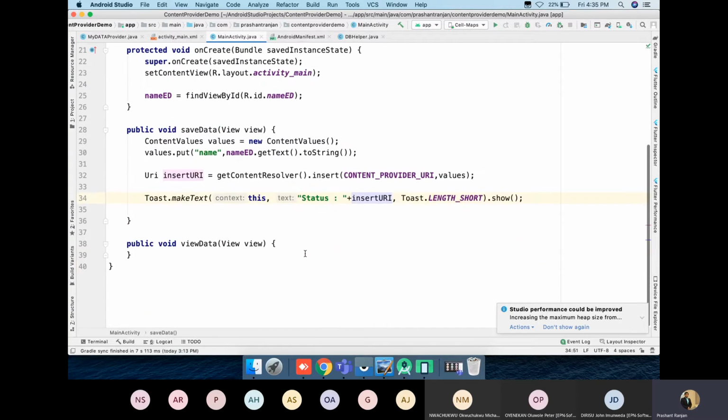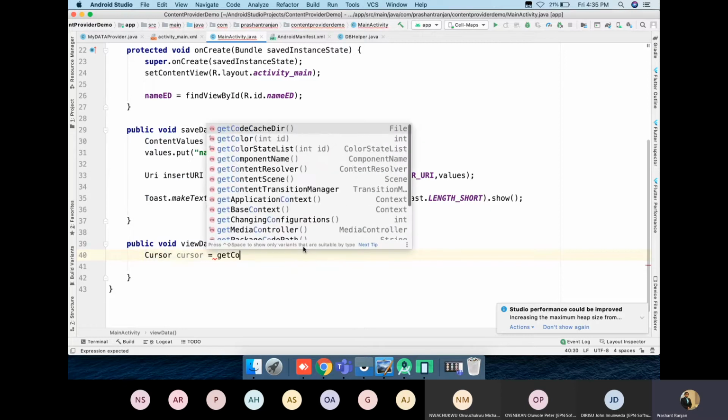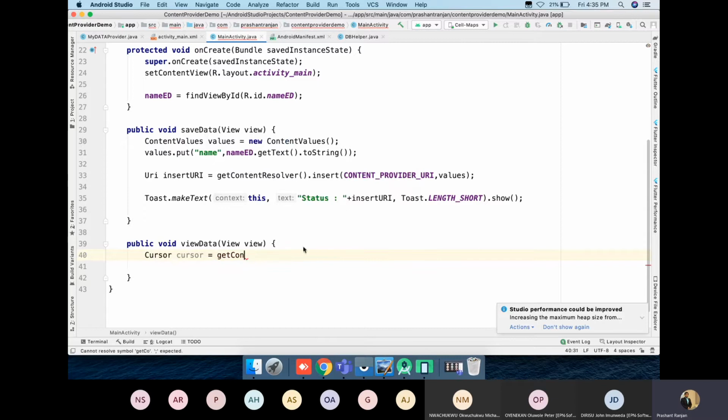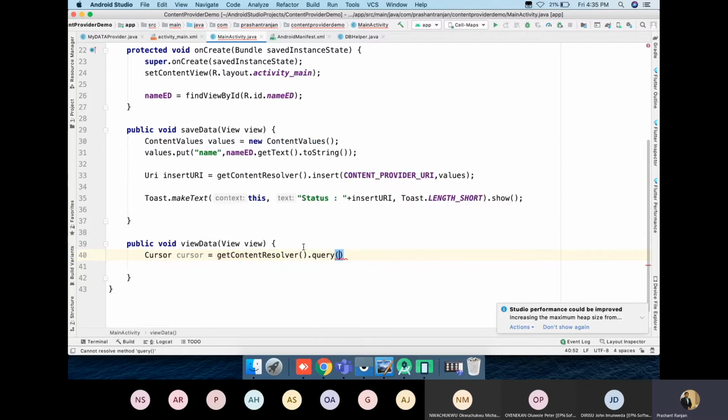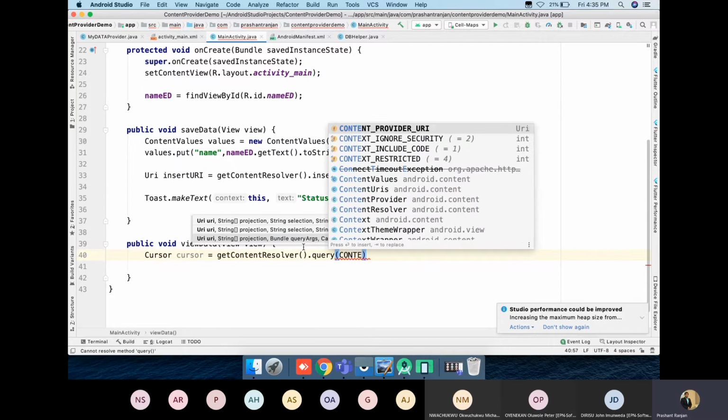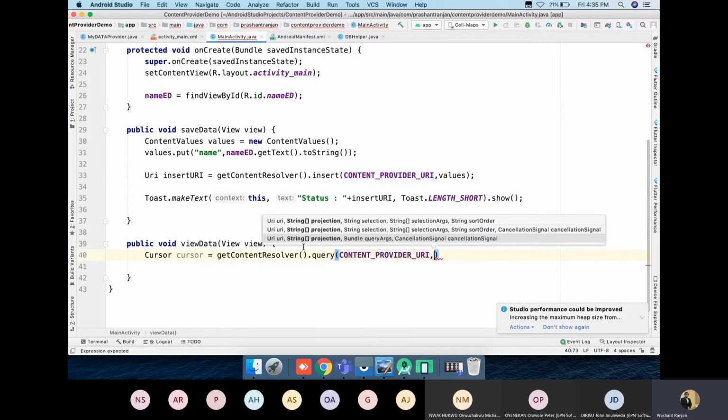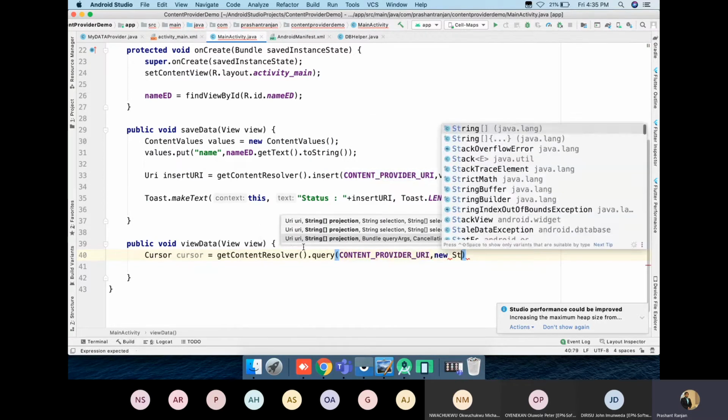Same way, to retrieve the data, I'll be using a cursor. getContentResolver dot query, the content URI, then what are the columns you're expecting.